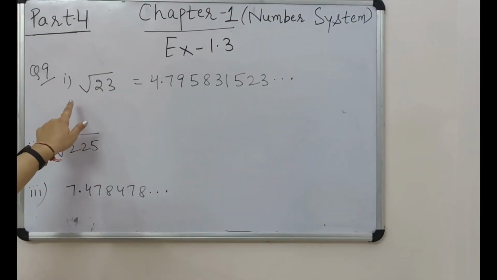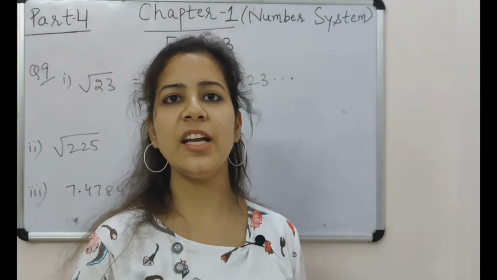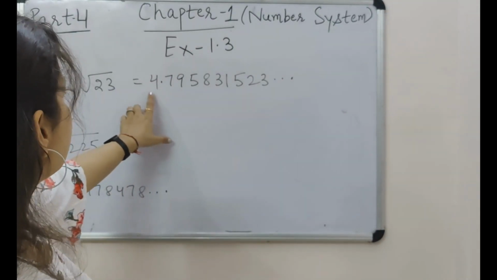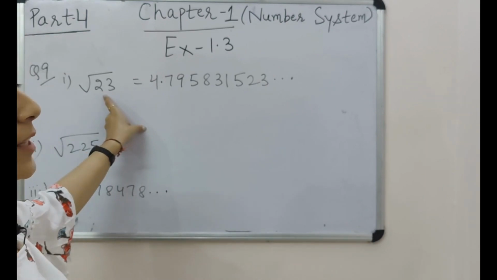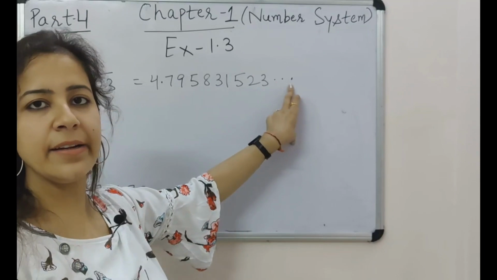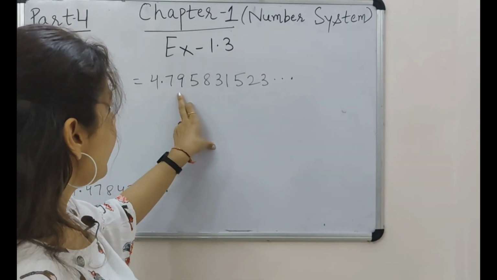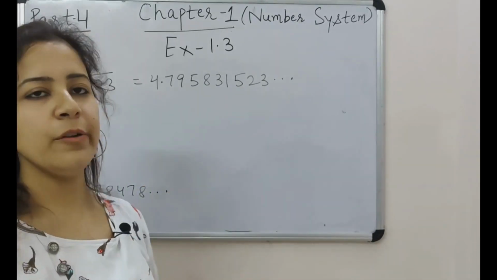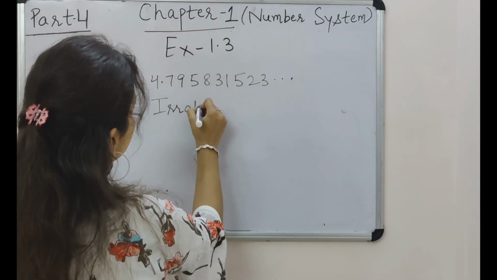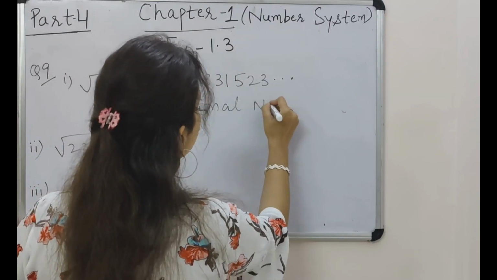Now the last question is to classify the following numbers as rational or irrational depending upon their type. Very first part is under root 23. After simplifying the square root of 23, I am getting this value. Clearly its decimal expansion is never ending, it's non-terminating, right? And none of the digits shows any pattern which is going to repeat, which means these are the properties of an irrational number. It is neither ending nor repeating. That is why this value is an irrational number.